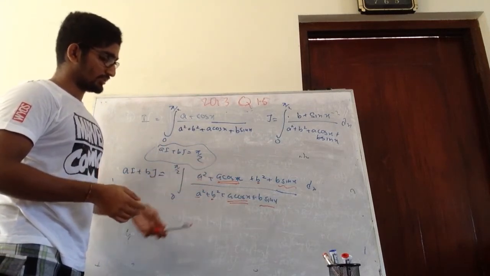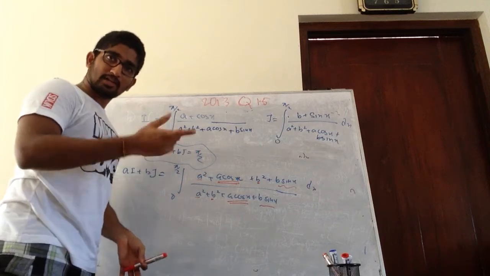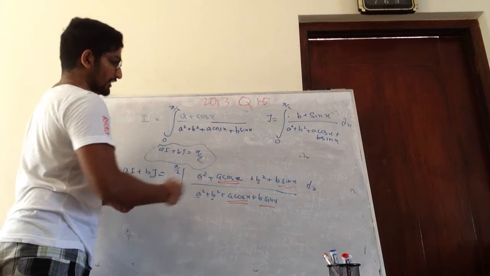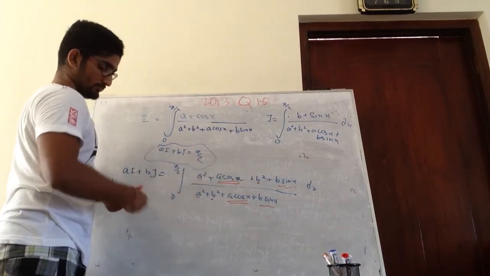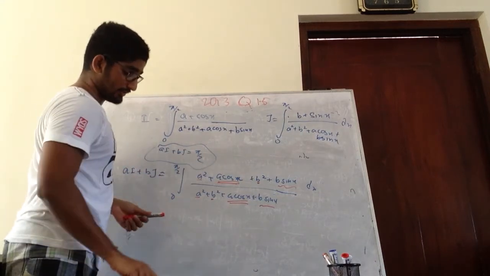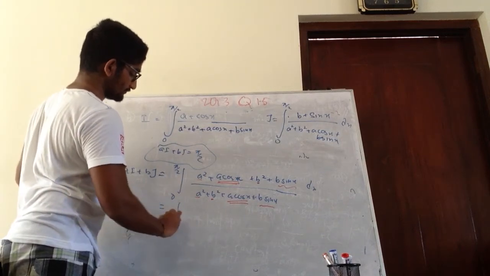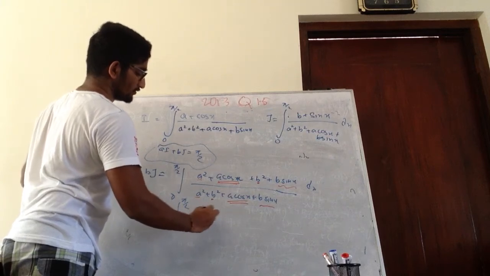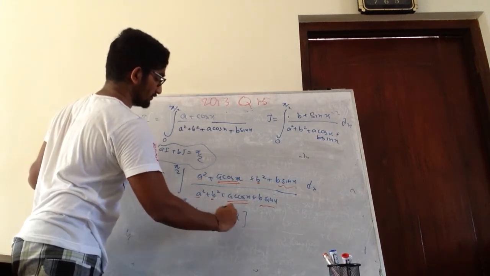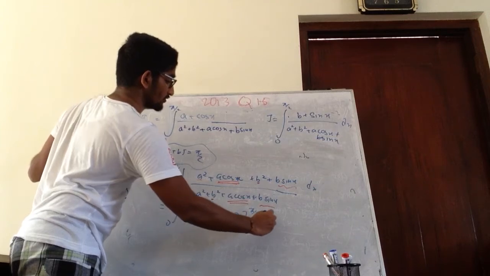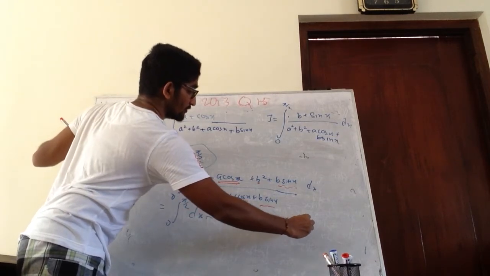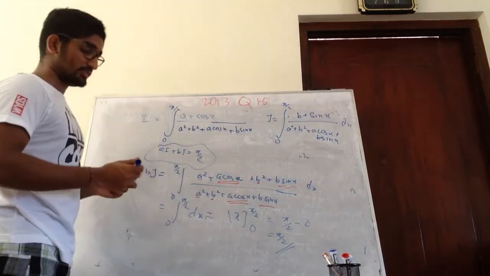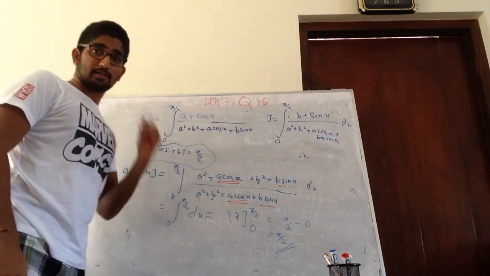Now the denominator and the numerator are equal, so we can cut these two off. Then what I will get is the integral from 0 to 5π/2 of dx. What is the integration of dx? That means x. So 5π/2 minus 0, there is 5π/2. So this is what they are asking.